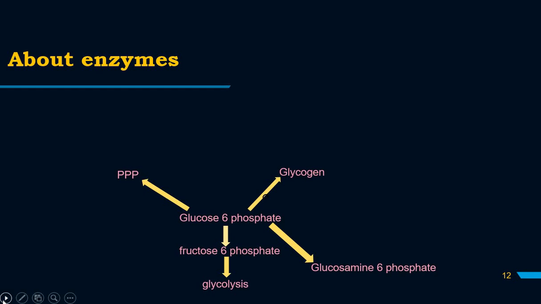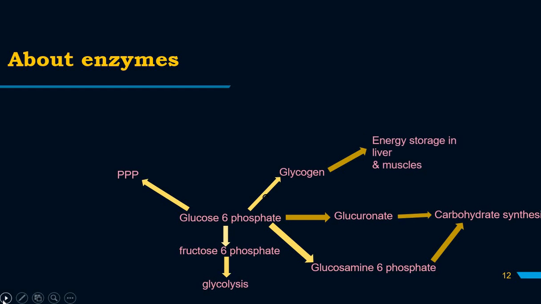As I have mentioned here, glucose 6-phosphate can enter into glycolysis as fructose 6-phosphate, and this can be stored as glycogen in liver and muscle cells. It helps in carbohydrate synthesis such as glucuronate and glucosamine 6-phosphate, and glucose 6-phosphate can enter into the pentose phosphate pathway to help in synthesis of 4 carbon, 5 carbon, 6 carbon molecules,